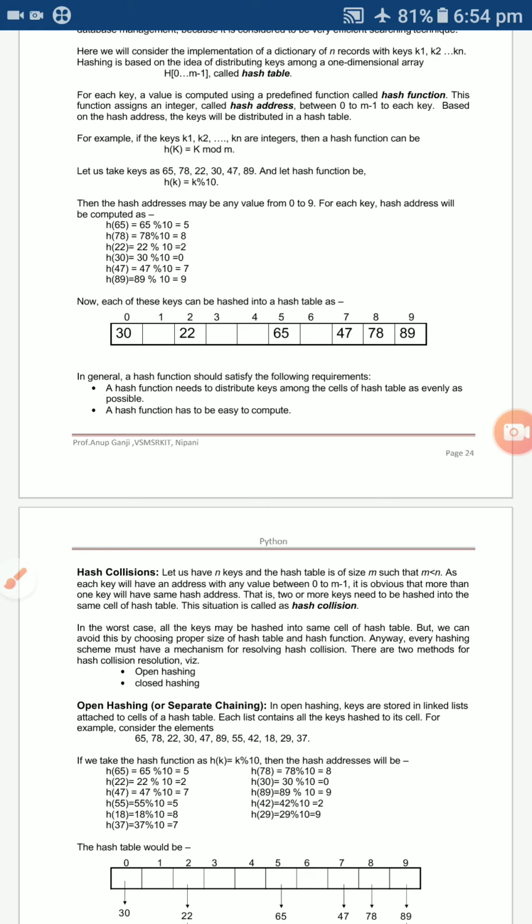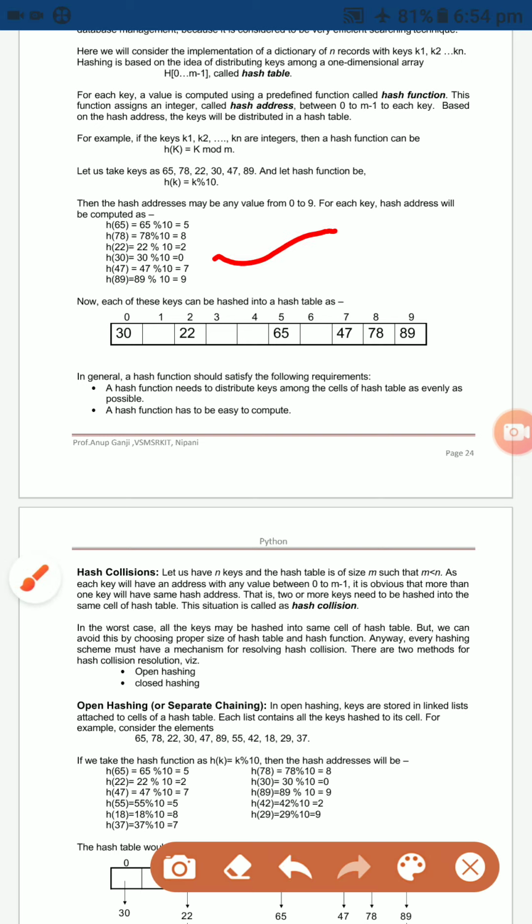After representing the numbers, you can insert into each hash table cell. Here the 0 means that after taking the mod 10 of 30, you get 0.